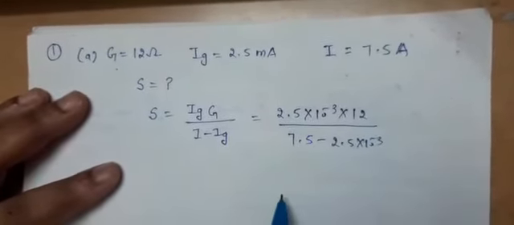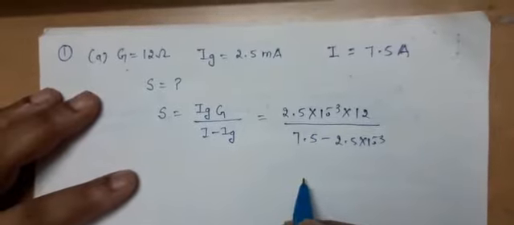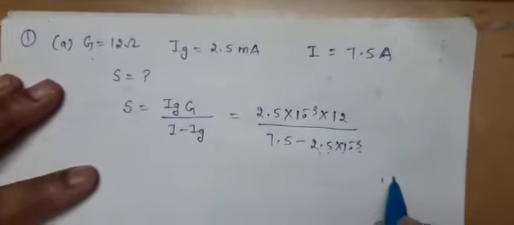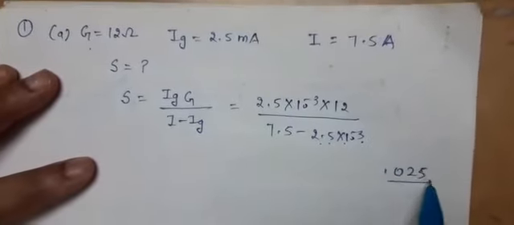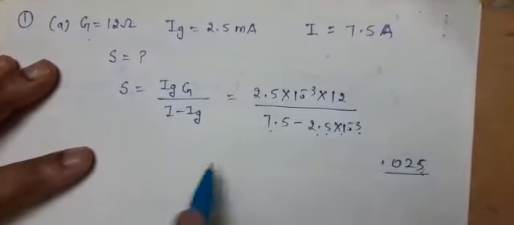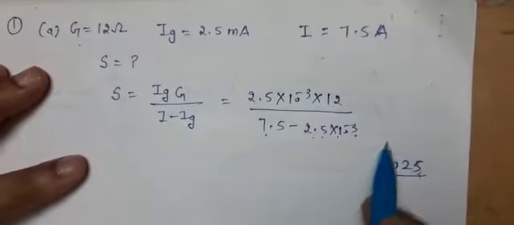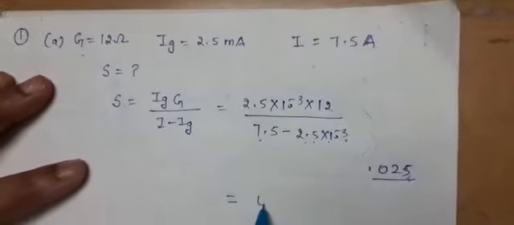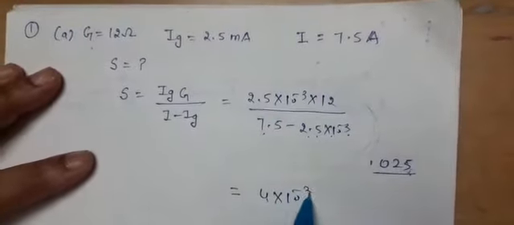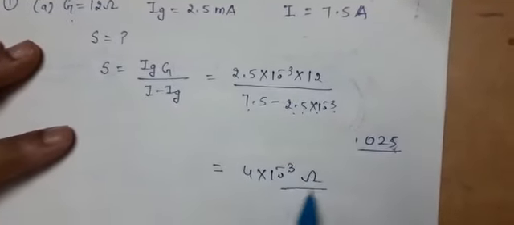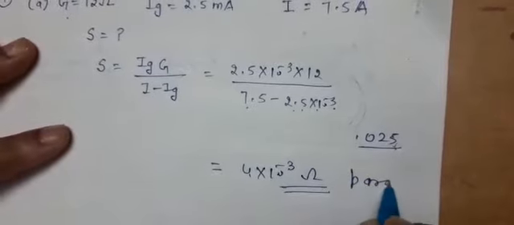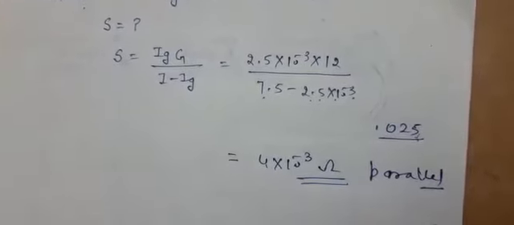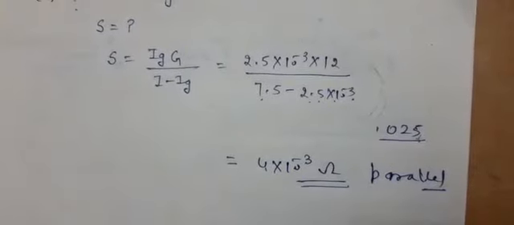Now you can solve it. When you solve, I am just taking it directly. Here 2.5 into 10 to the power minus 3, you can take it as 0.025. So you have to deduct this from 7.5. I am not doing this calculation, I have just solved it. So I am just writing the final answer. It will come out to be 4 into 10 to the power minus 3 ohm. So this should be connected in parallel with galvanometer to convert it into an ammeter of range 0 to 7.5